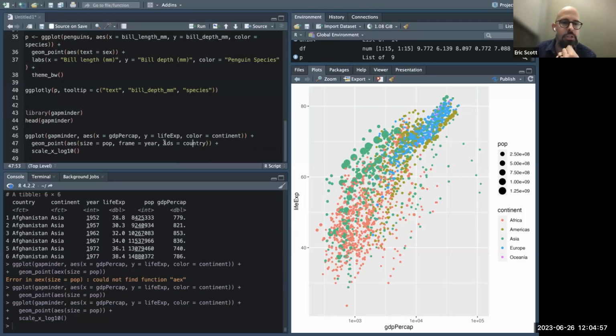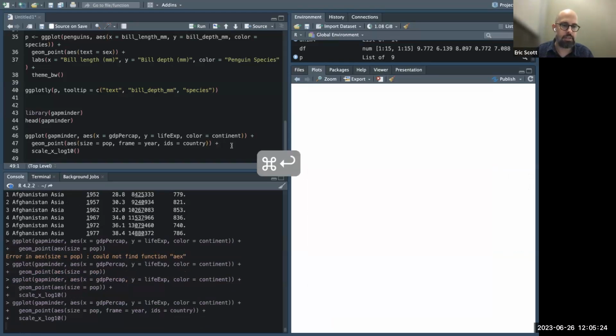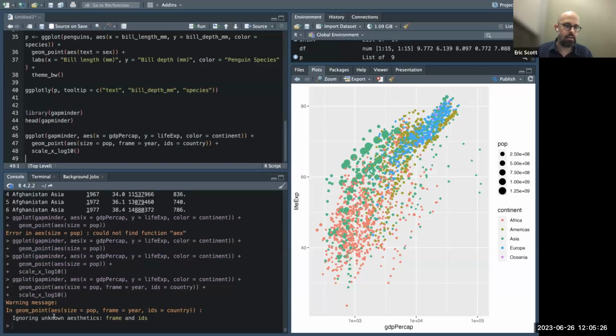So I think it's using this so that it matches those points from year to year. It knows which point is the same one, right? And so with the example with the gganimate, points kind of floating around, Kristina talked about how the penguins data set wasn't really repeated measures. And so if we did have something that was repeated measures, this would be like the individual penguin ID, right? If we wanted to do that with the penguins package. So this is going to give us some warnings again. It's going to say there's these unknown aesthetics frame and ids. But if we run ggplotly on it,